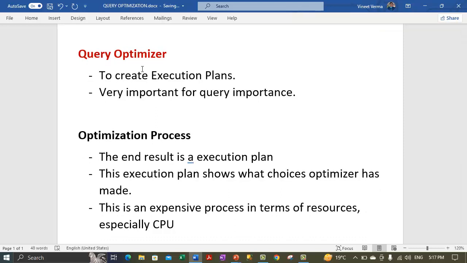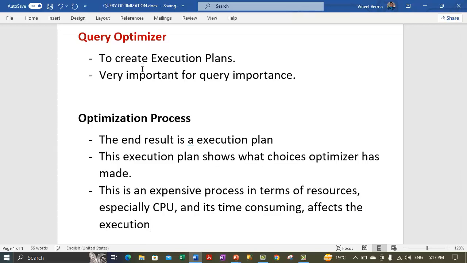The optimization process is expensive because it consumes resources, especially the CPU, and it's time consuming as well. It takes time to generate the query plan, and basically it also affects the execution time